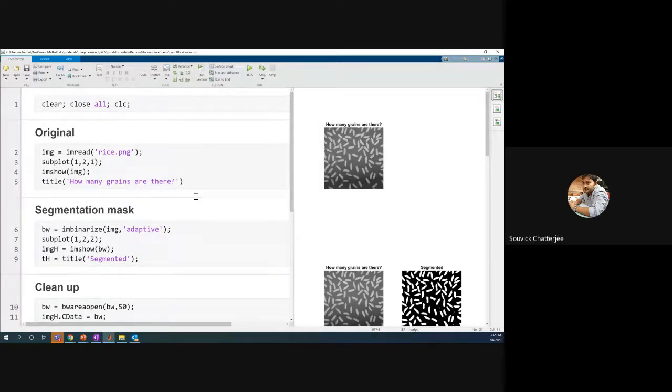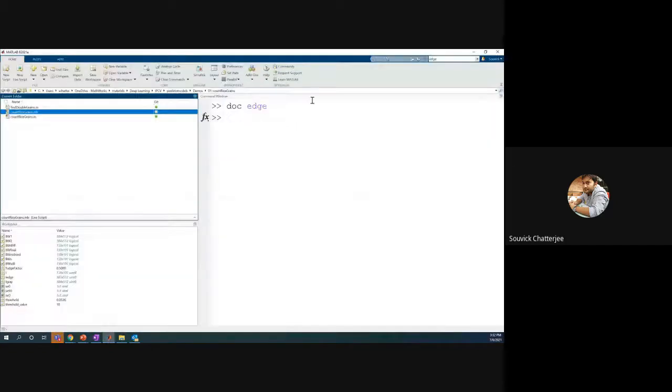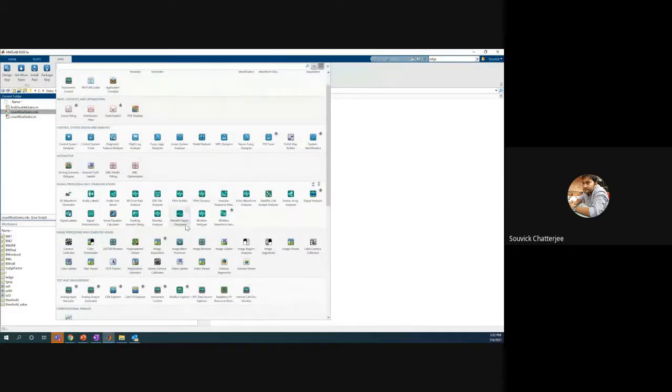So we can do that in a bunch of different ways. Now there is something inside these apps. Let me actually go over to this app. So you can see here there is something called Image Batch Processor, right?